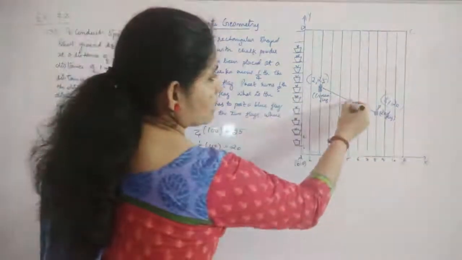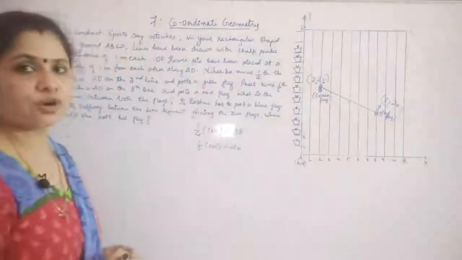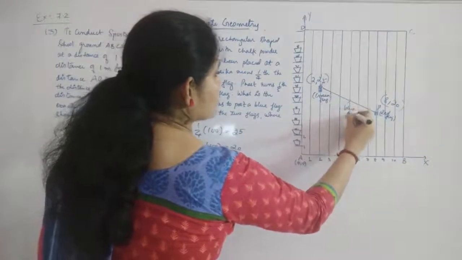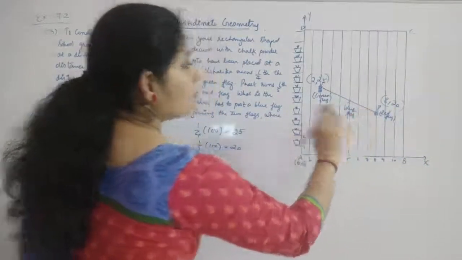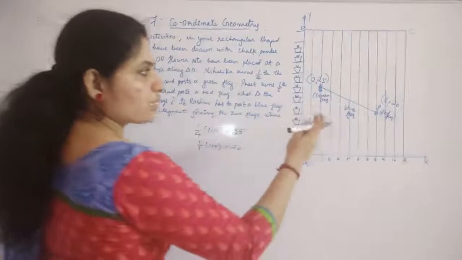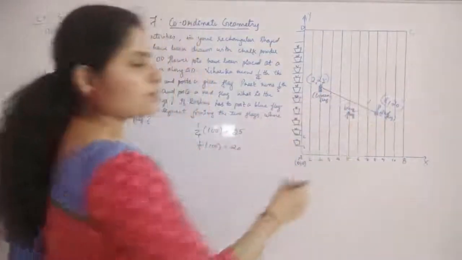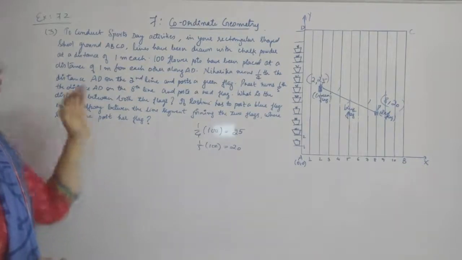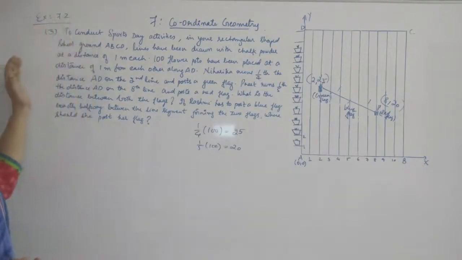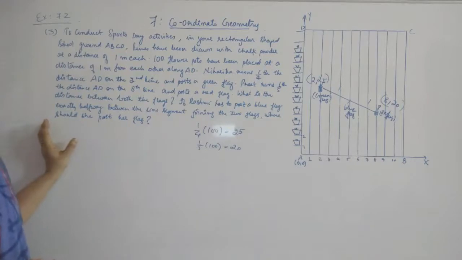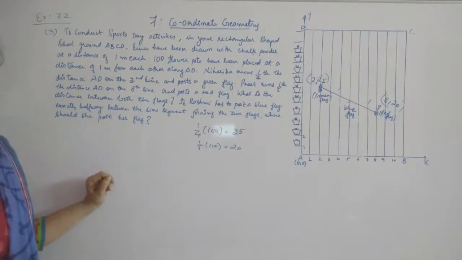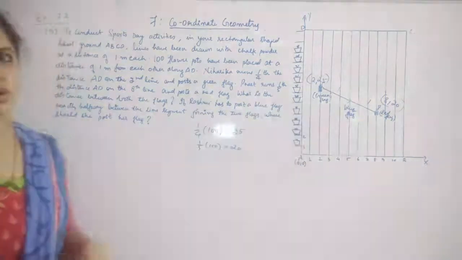That means you can use the section formula to find out the coordinate of the blue flag, so that it is in the midway of these two. Midway of these two means they will be divided in the same ratio. So you can use your midpoint formula for your subdivision, that is your section formula. Subdivision is your midpoint formula. In that you will get x1 plus x2 by 2, y1 plus y2 by 2. That will give you your blue flag's coordinate also.